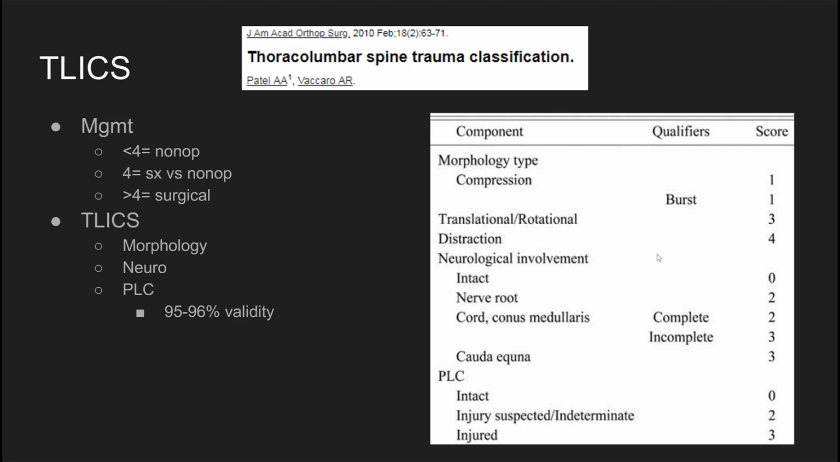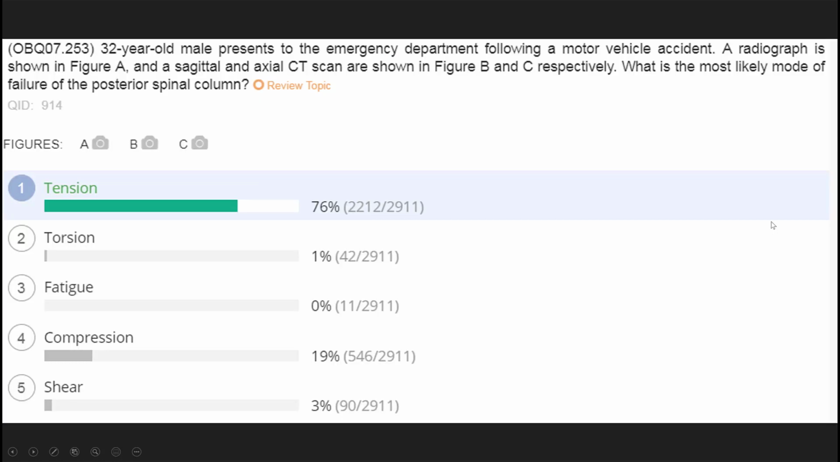And it makes sense. The incomplete spinal injury is the worst injury because you can actually help those people with surgery. Yeah, that makes sense. Translational, rotational patients are the worst. Okay. Mm-hmm. Yeah, so this patient,